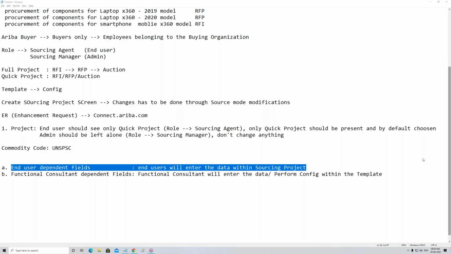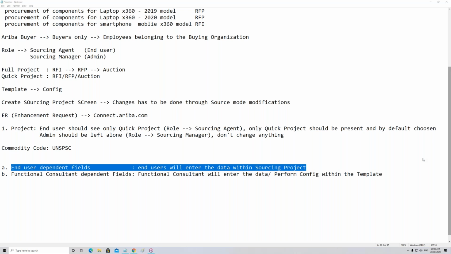When I select it as a full project, first I create an RFI project, once the requested information is received, is the project auto completed, or is it going to create RFP next as a step, auto populated?